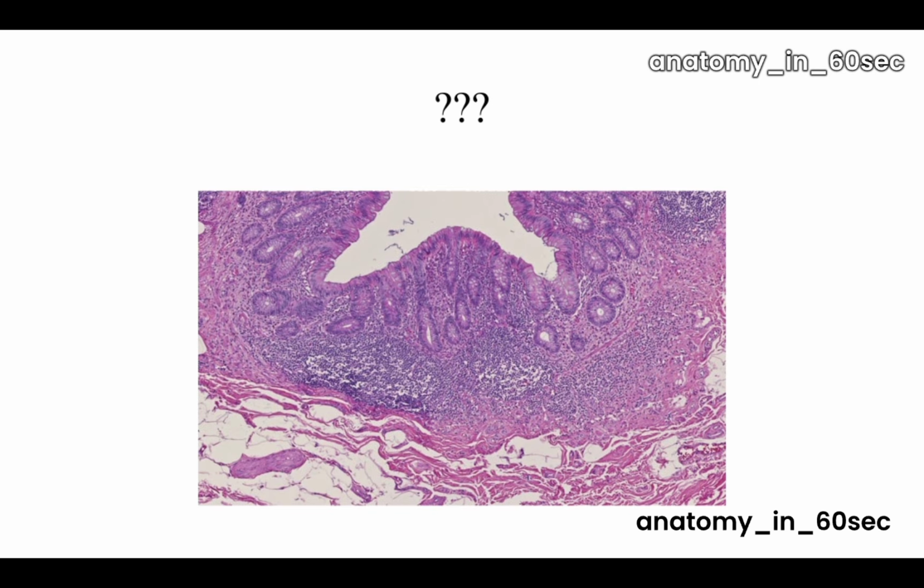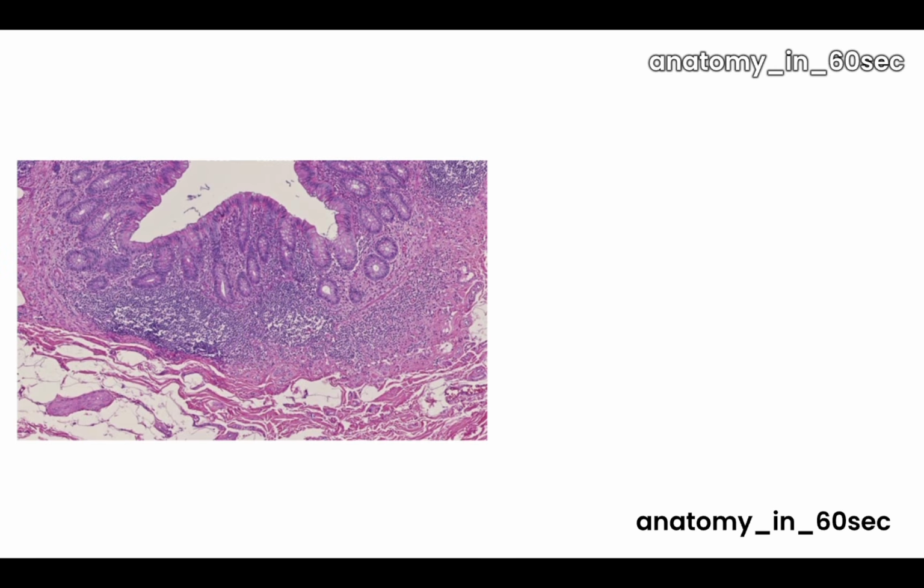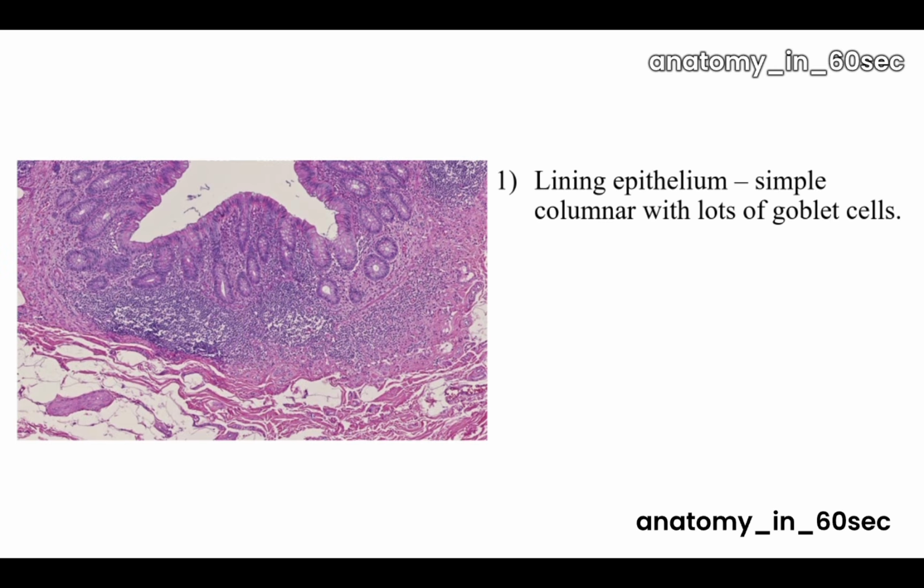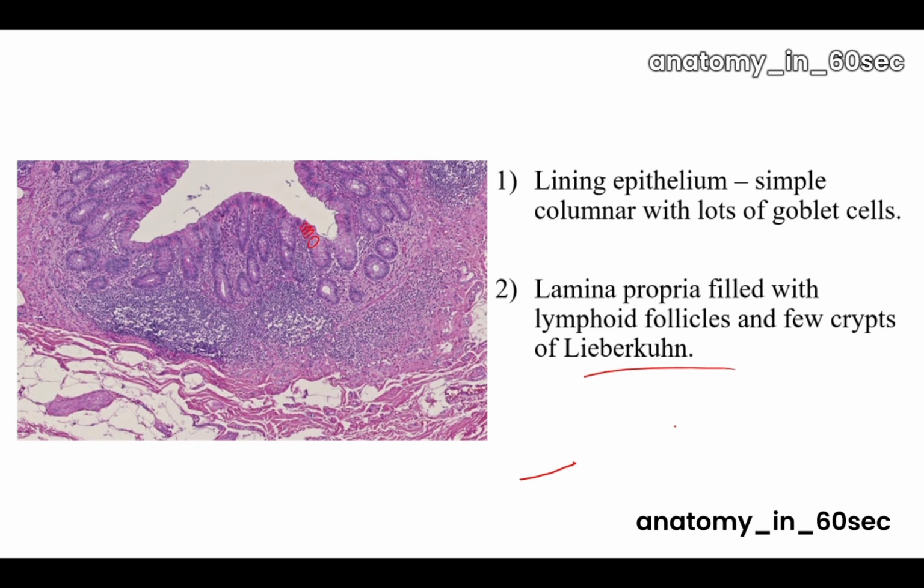Identify this slide. There are no villi here. Actually, in all the previous slides villi were present, but here there are no villi. But there is some different type of gland which is present, and along with that you can see aggregations of lymphoid follicles. So these aggregations along with glands like this, what slide would that be? It is the appendix. So the lining epithelium is simple columnar cells along with goblet cells present, and the lamina propria